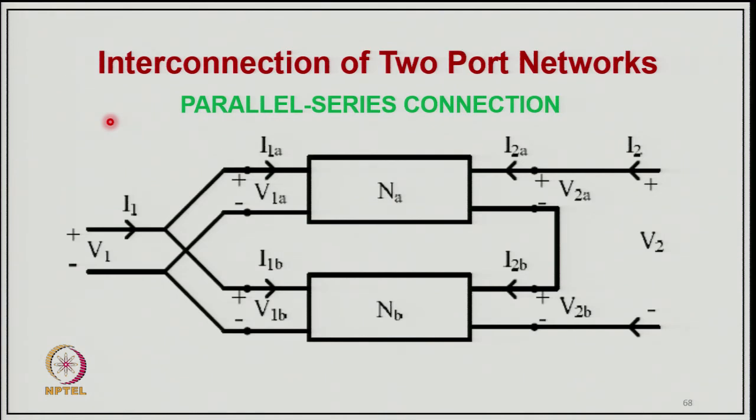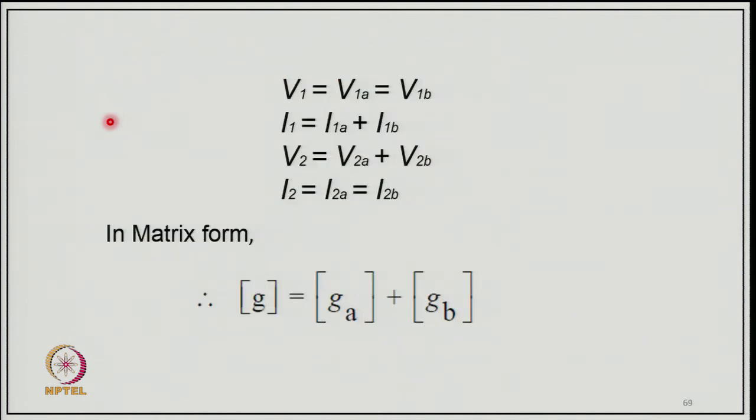And now, coming to the interconnection of the parallel-series connection. That is, the input we are connecting in parallel, so the voltage is equal but the current is divided into two parts, and the outputs are connected in series. That gives the parallel-series configuration. So I2 equals I2A equals I2B. So this we can write as V1 equals V1A equals V1B, and I1